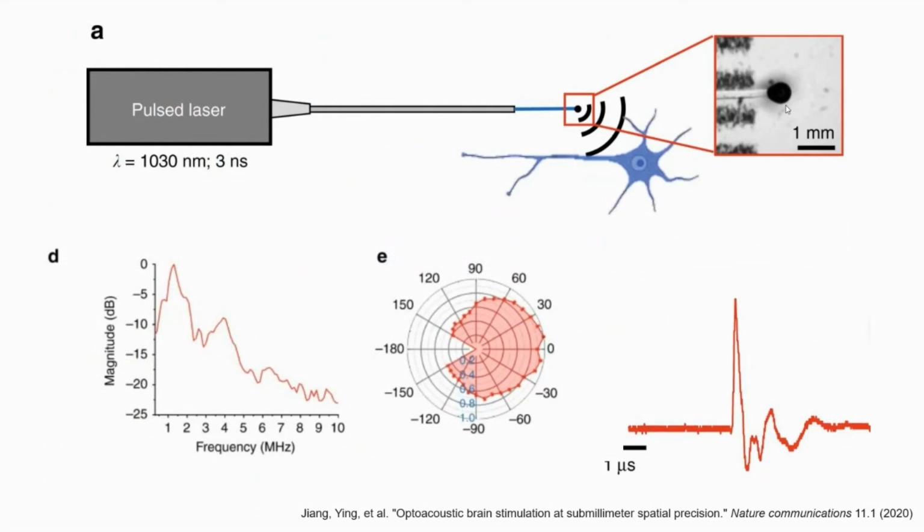And by pulsing this really quickly, I believe in his publication he pulses it at like 5 kilohertz, you create these actually complex ultrasonic frequency patterns. Here you can see the magnitude in decibels, so you have a logarithmic scale. And you can see that the predominant frequency produced with this tool is around 1 megahertz, which I would argue is very relevant to many of the tools that human and animal researchers alike are measuring.